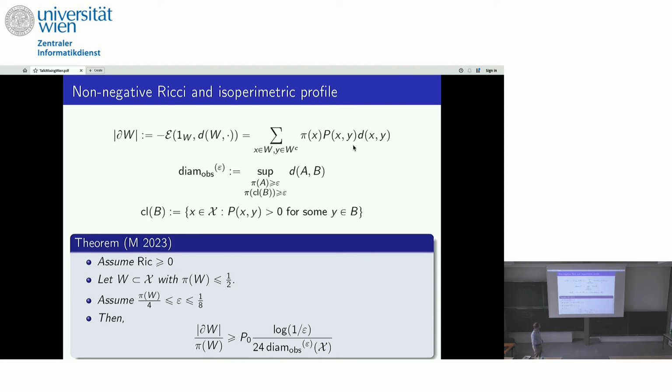So in a sense, this can be seen as a discrete analog of a result of Emanuel Milman, where he gave similar estimates. I think in his version it was not really clear that you can do it pointwise. So it appeared to depend on the tail, but it's not really true that it depends on the tail.